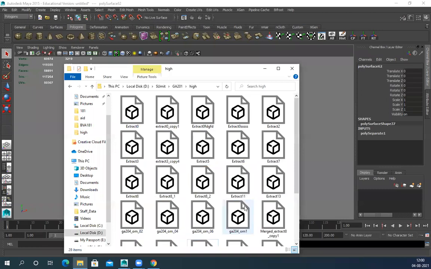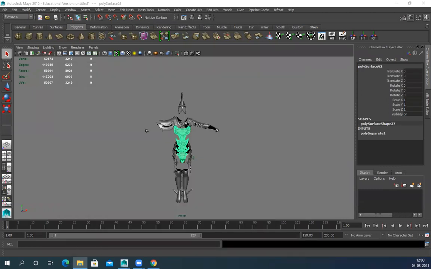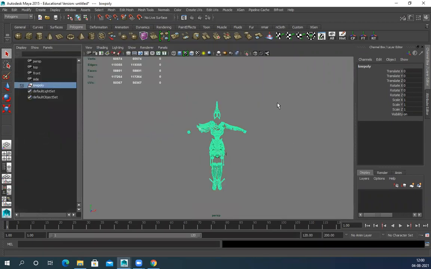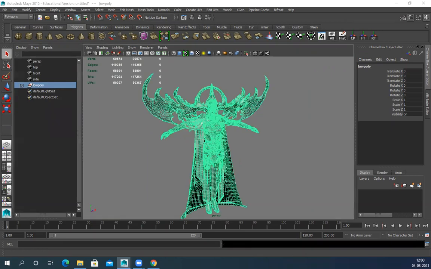This material is not required. Now just select all of them and make sure they're in a separate low poly group. Everything is there. Now drag and drop all the exported models from ZBrush, the decimated ones. These are all decimated already.